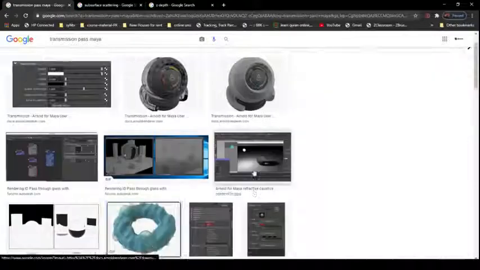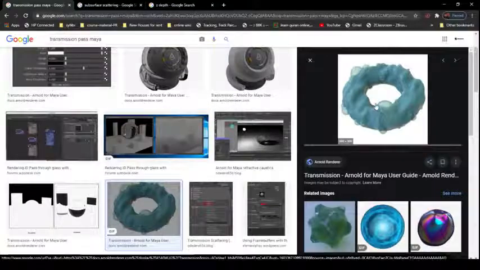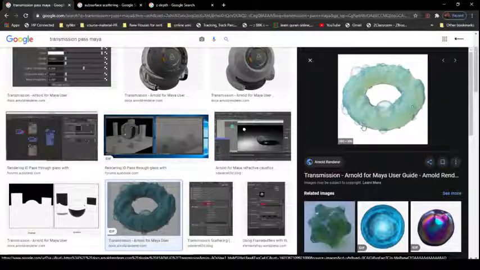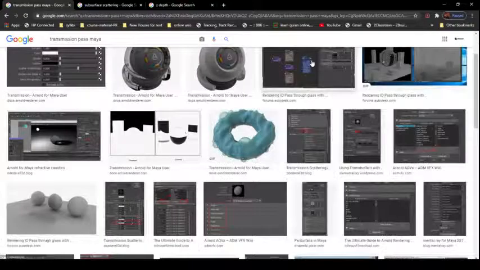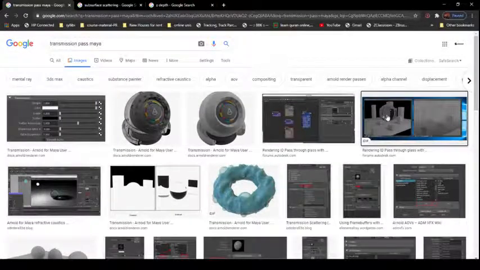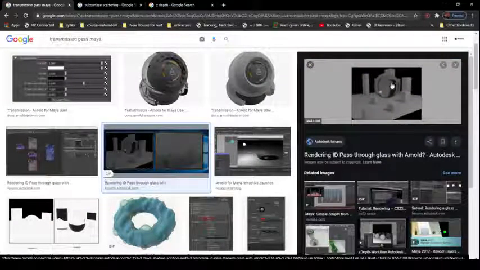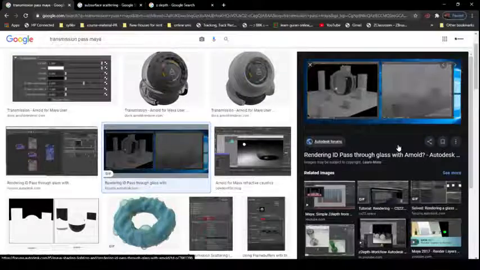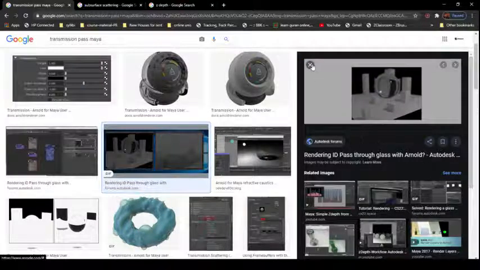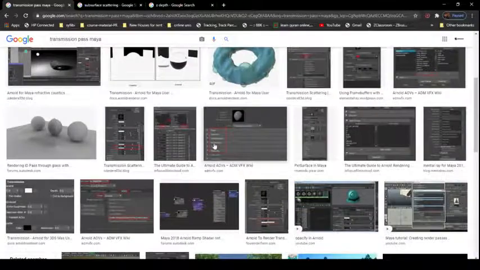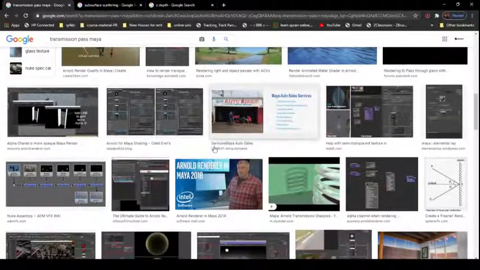So if you see over here, this is from the SolidWorks website. You can see here this is a completely whole thing, with the refraction and then without. So you can see how it changes with or without. Other thing here, we have this image. You can see that this ball actually is transparent, and this ball is having a transmission. So anything that has see-through or refraction is using the